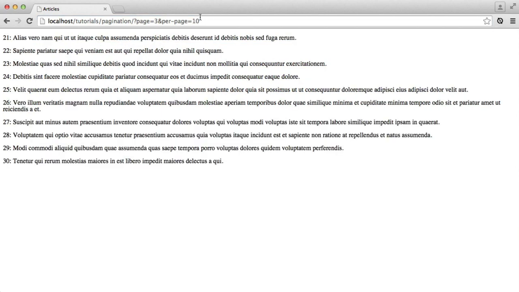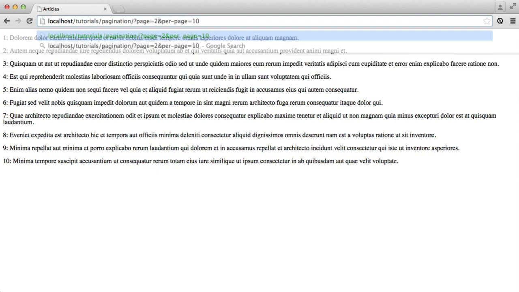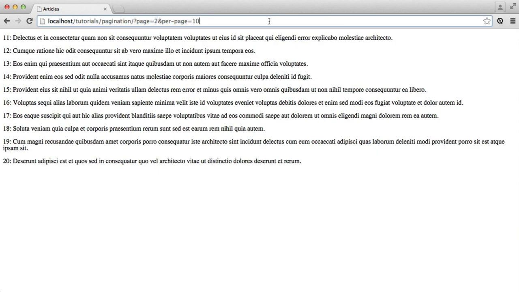If I bump that up to 10, and we go back to page 1, we get 1, 2, 3, 4, 5, 6, 7, 8, 9, 10. Same with that, 11 up to 20. So this is now calculating the position we need to start at, it's calculating the limit, and we're getting them